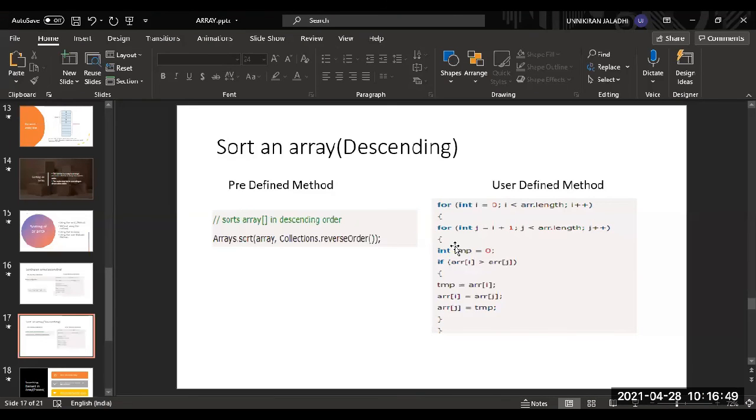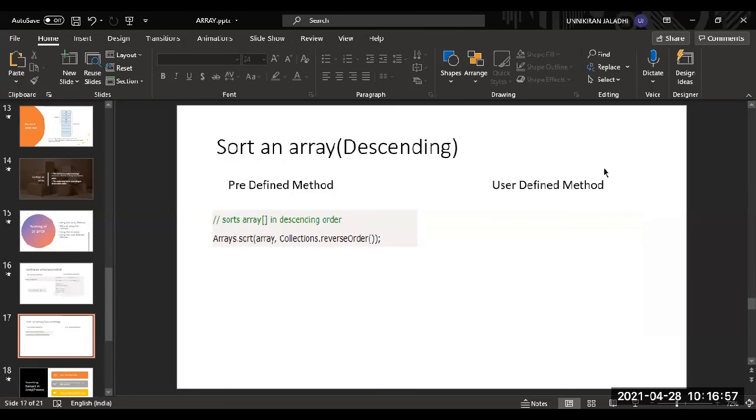Okay. So this is not in the proper order, so actually, let me remove this. For the user defined method, we have to use a somewhat different technique, because for ascending order we can compare the adjacent elements and then do that. But in the sense of this, we have to go in a different way. Let me show you that. You will understand easily. One second.